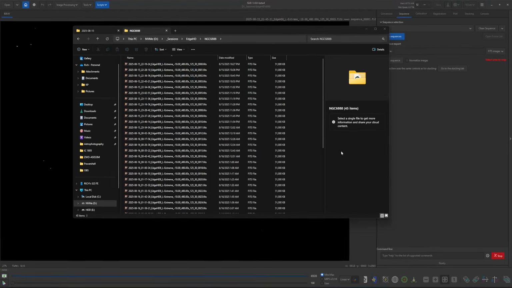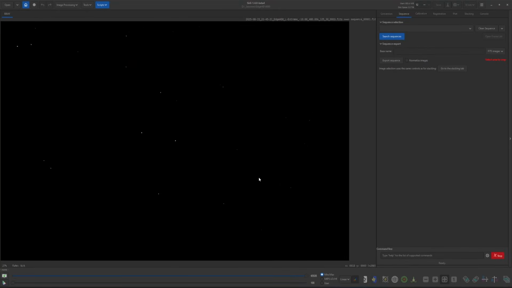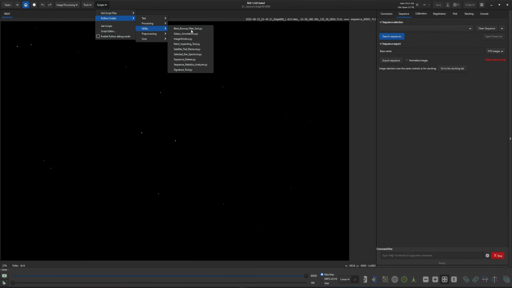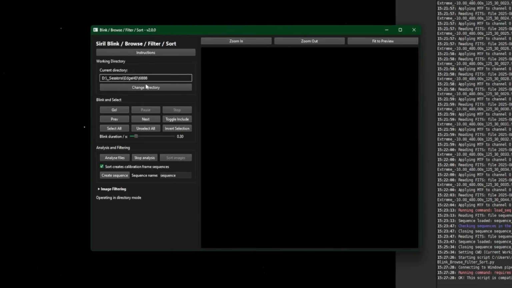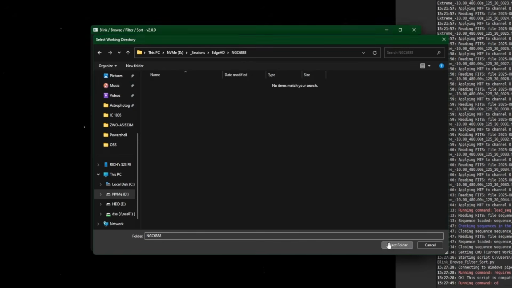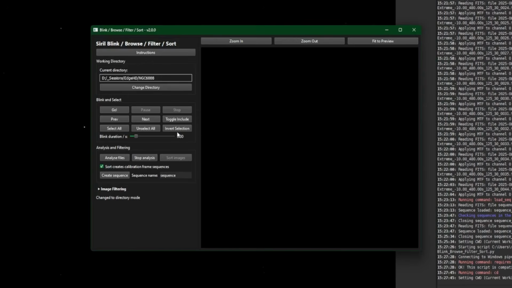So I'm going to close the script and rerun it just so it's all refreshed. It doesn't have any additional settings left behind. And then come up again into Python scripts utility and run the script again. We're going to change this back to the NGC one. Select folder. And now this time, instead of going through the blink and select section like we did and toggling on and off what we want to include and exclude,